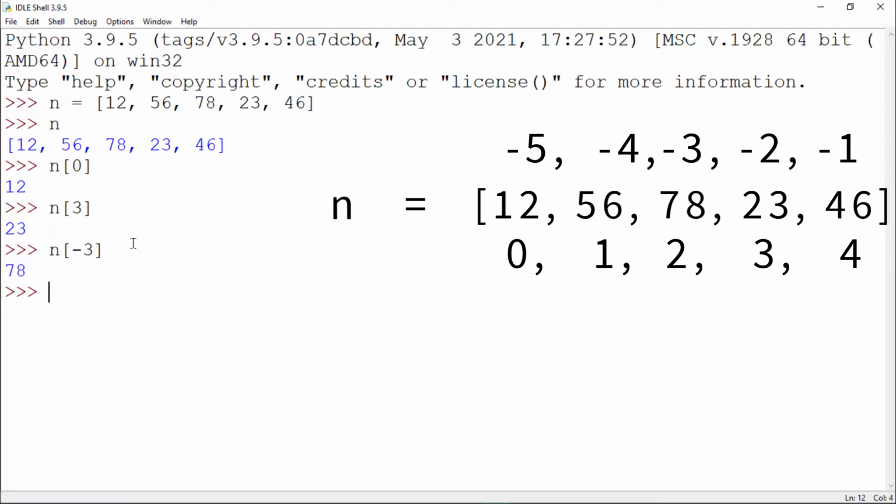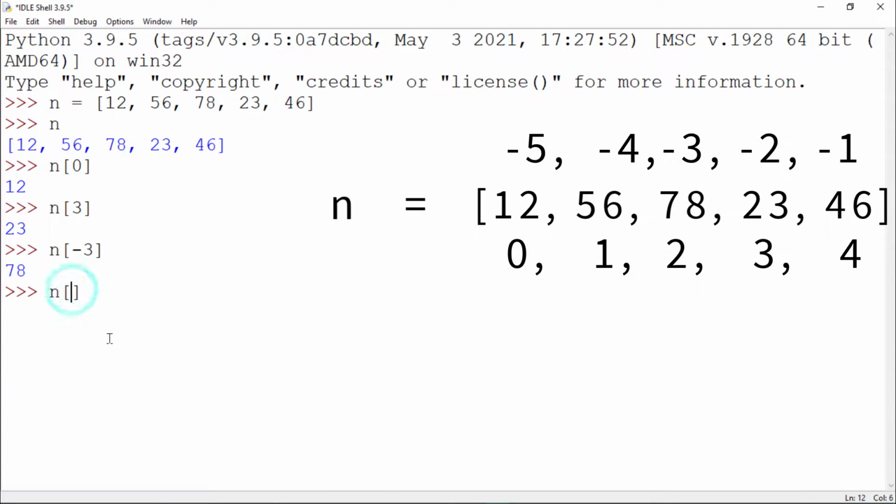So that's amazing, right? Now, you don't only have to fetch any one item from the list. You can fetch multiple items. If I want to fetch multiple items, I will say n and then square brackets. So we are going with the positive side, okay? Like 0, 1, 2, 3, 4, 5 and so on. Now if you see in the printed list, I have to fetch 56 till 46, or you can say 56 and onwards.